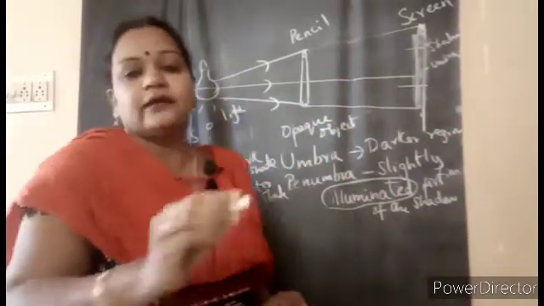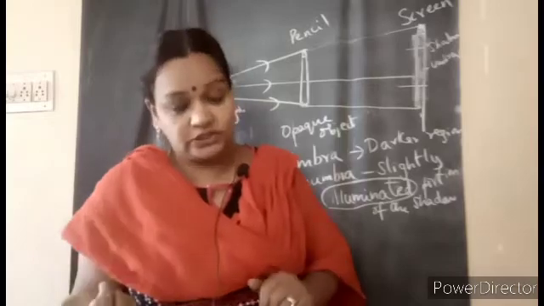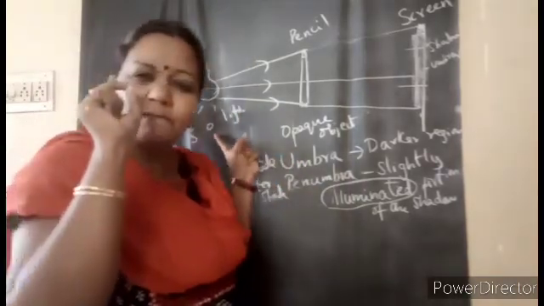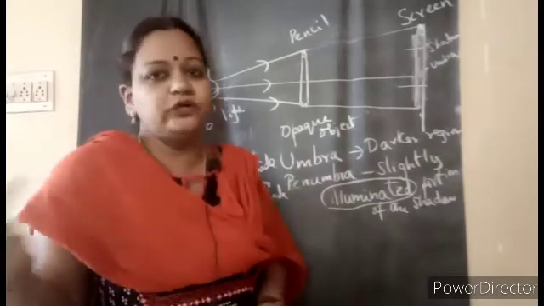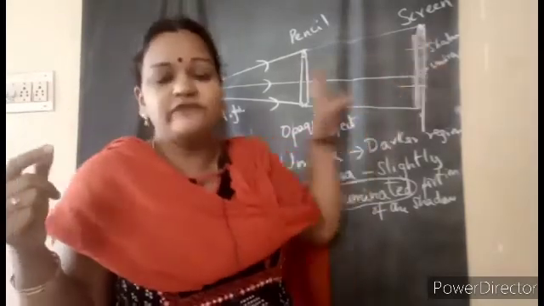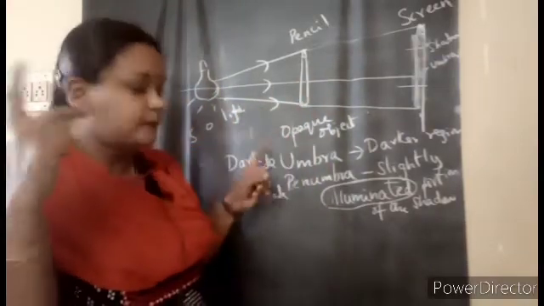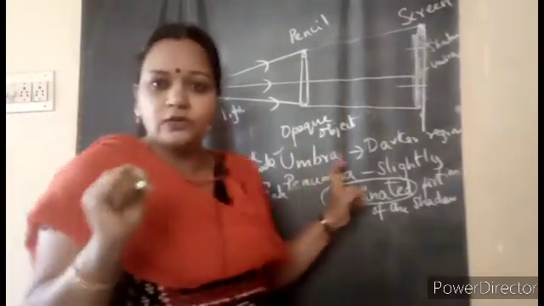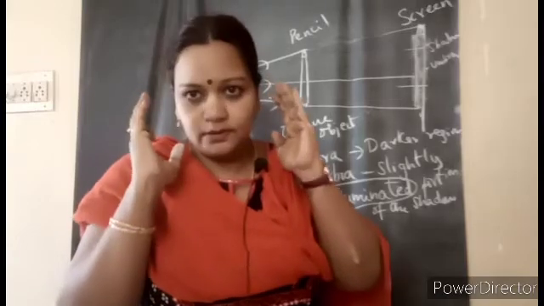When you play like a game, you can change it and see how the size is going to change. Shadows have two parts depending upon the source of light. If it is a point source, meaning a very narrow source, you cannot differentiate the two portions. If it is a broader source of light, there will be two parts, umbra and penumbra. The umbra region, how will it be? The darker region of the shadow.